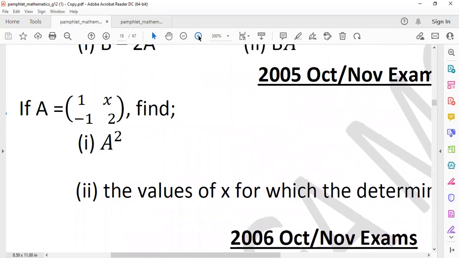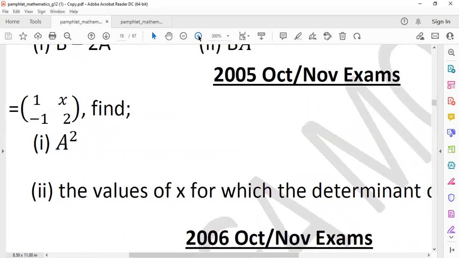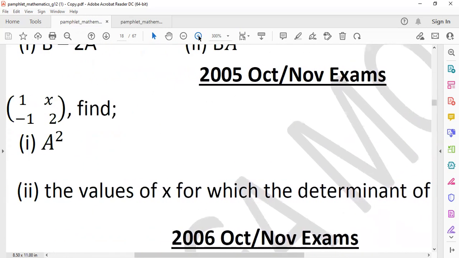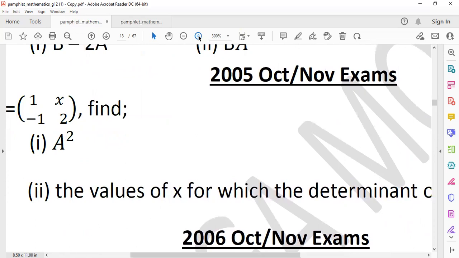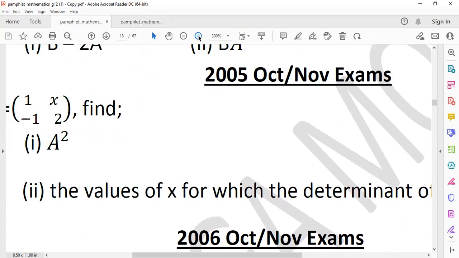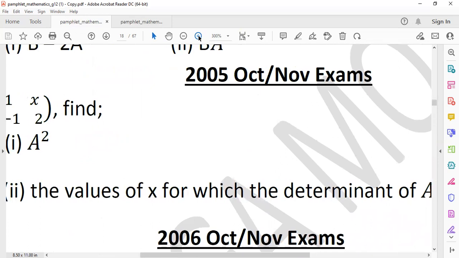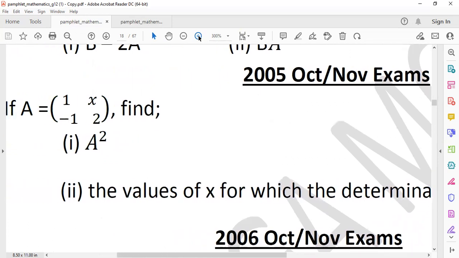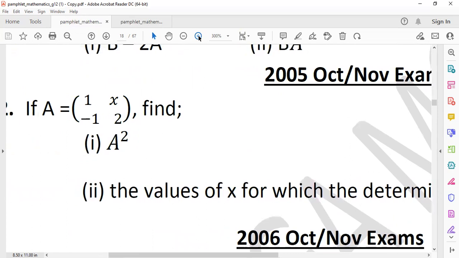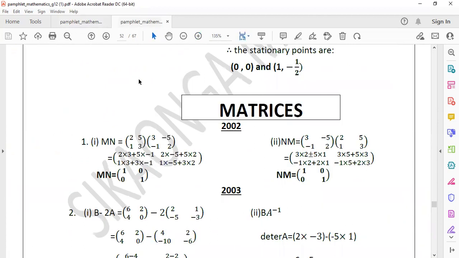So two values of x, of course, not one, for which the determinant of A squared is 9. Definitely the answer should be something like 3, 3, because the square root of 9 is 3. So let's just go to the solutions. So we know that for our A squared,